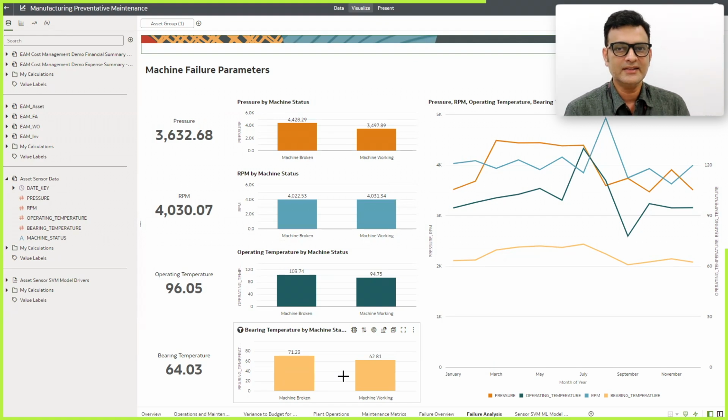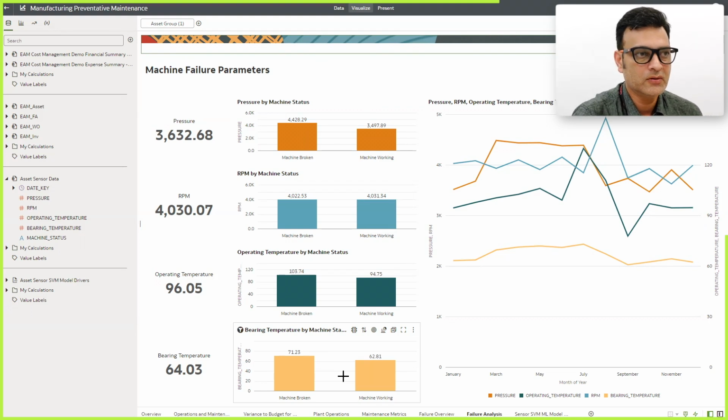So now we can say that we have identified the root cause: for this particular equipment, the parameters, especially the operating temperature, could be one where an increase in temperature is leading to the breakdown of equipment. Now, how about using the machine learning model building capabilities of the modern data platform to see how these parameters actually impact, and whether we can find additional information about these parameters and sensor data?